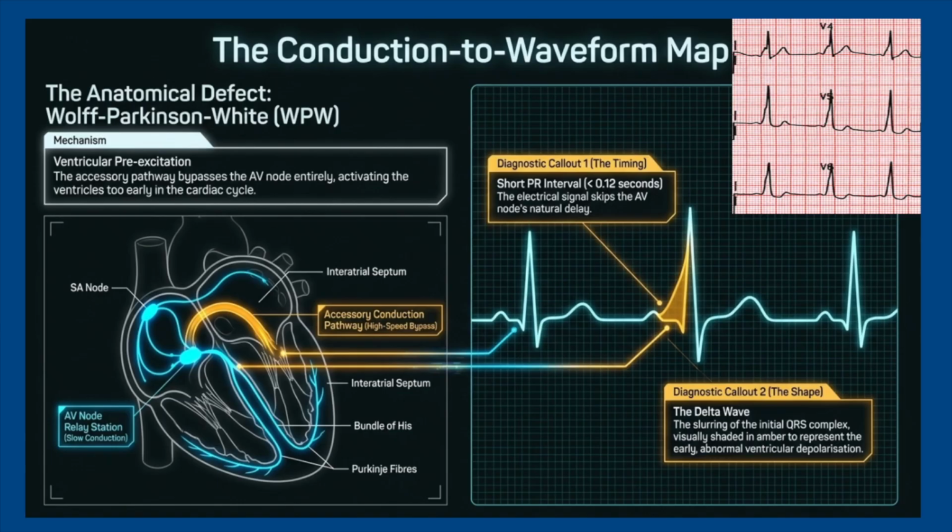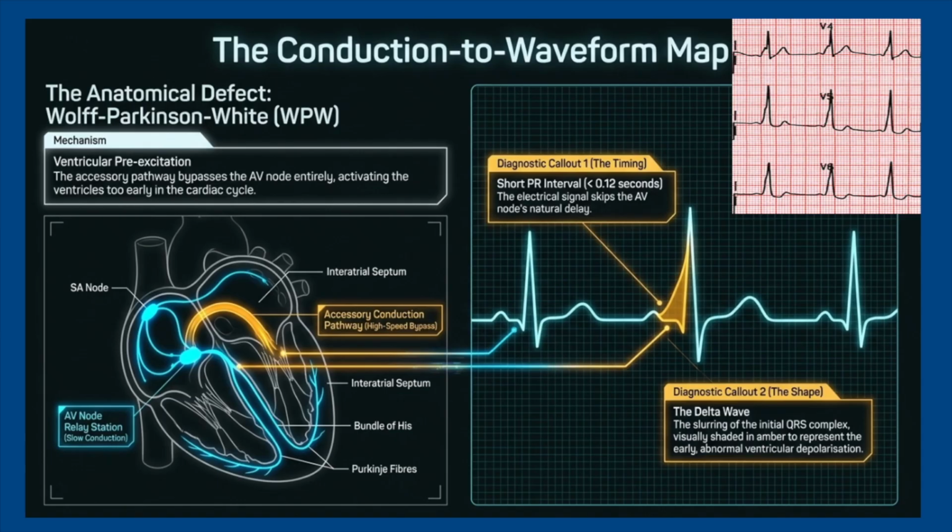Before we leave this part, I wanted to mention a certain abnormality. As you know, the only electrical connection between the atria and the ventricles is the bundle of His. Some people may have an accessory connection between the atria and the ventricles, which will transmit the impulse in a rapid way without the AV delay. And this is called